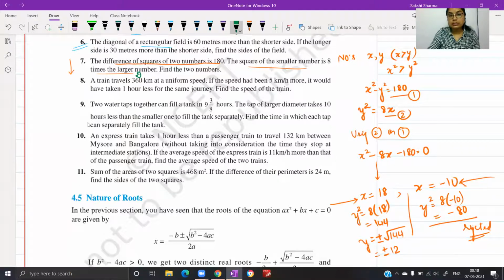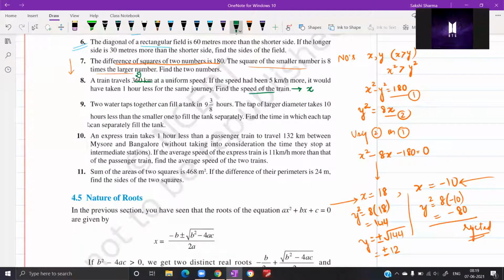So the distance is given to you. Speed can be assumed as x, and then you can form your equation using the facts given here. So let's just ask any one of you. Daksh. Yes, ma'am. Beta, how would you proceed? You are given the distance and a speed which we have to find out. I've represented it as x.